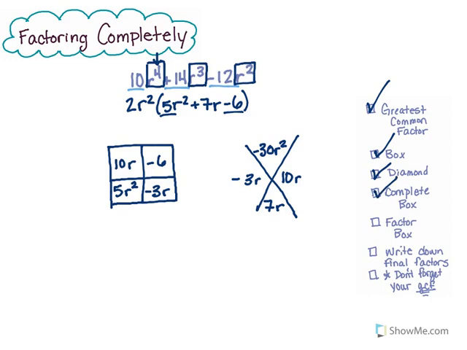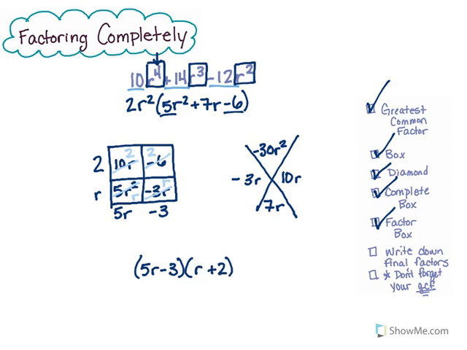Now I need to factor my box. So I'm going to have negative 3, and I'd be left with r and 2. And I'd have 5r, and I would be left with r and 2 as well. So we have r and 2. So we've finished factoring our box. Now we need to write down our factors of 5r minus 3